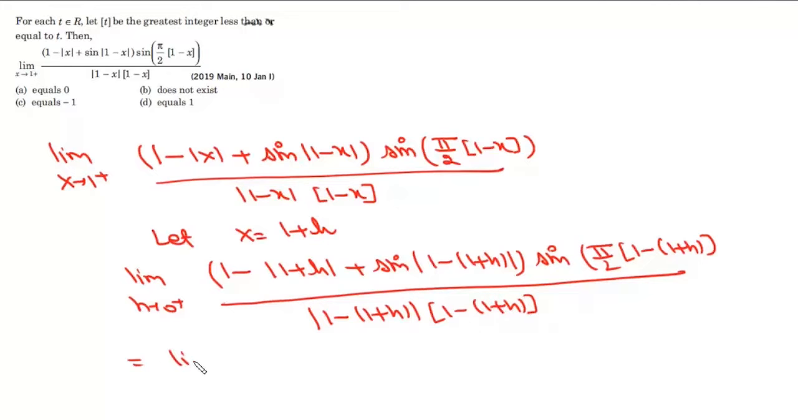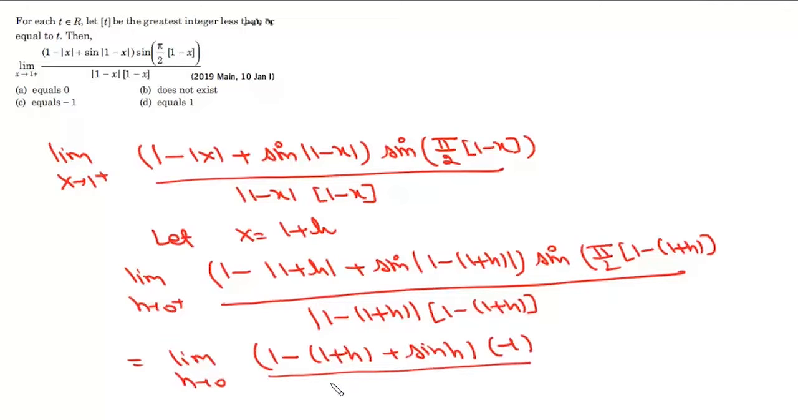Now we write this as limit h tends to 0. Now this is 1 minus mod of 1 plus h, which is 1 plus h, and this is simply sine h. Now here it is sine pi by 2 into the greatest integer function of minus h, and the greatest integer function of minus h is minus 1. So there will be sine of minus pi by 2, which is minus 1. And here this value will be mod h, and mod h is simply h, and here also this is the greatest integer function of minus h, which again is minus 1. So this minus and minus will cancel. So we'll get this as